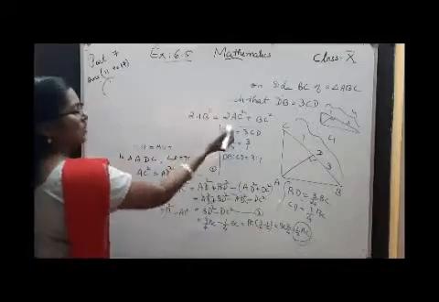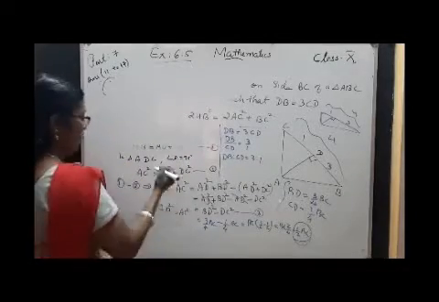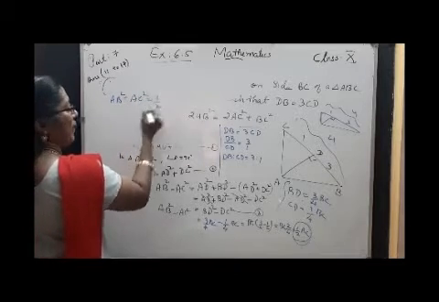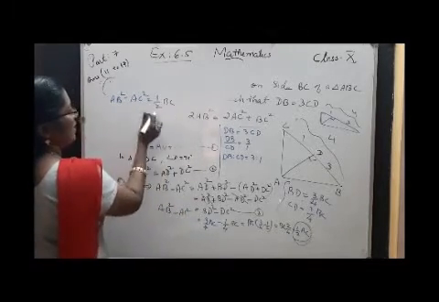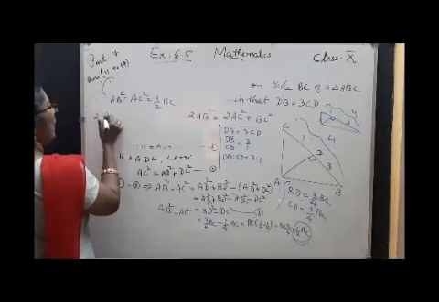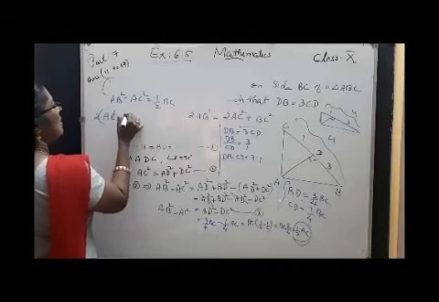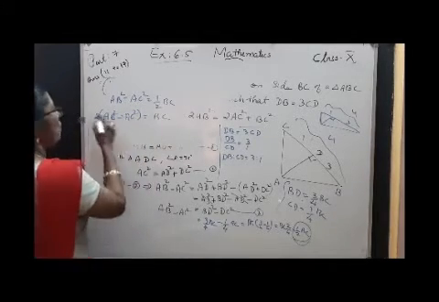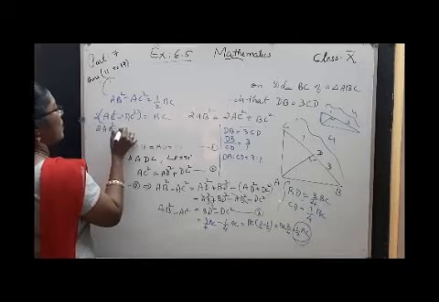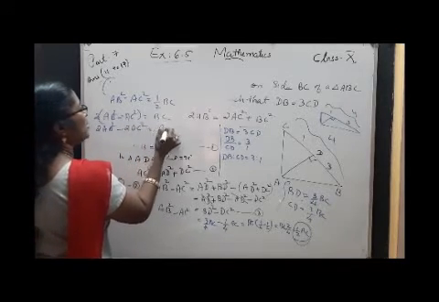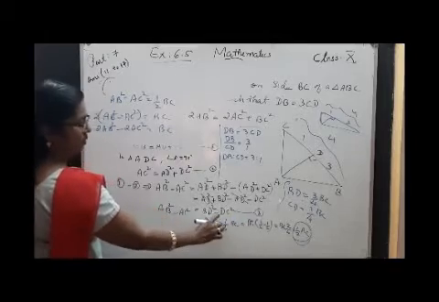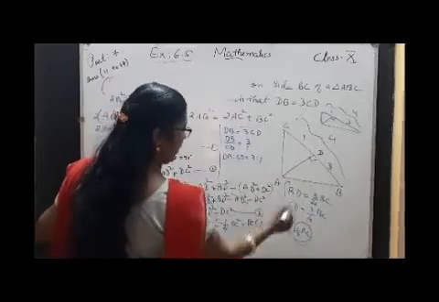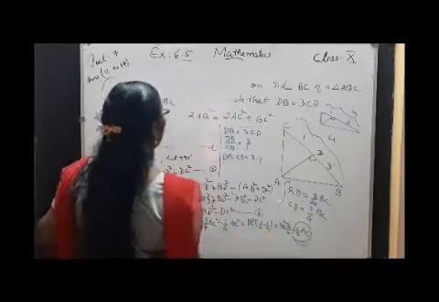You want to prove 2AB square equals 2AC square plus BC square. This is AB square minus AC square equal to 1 by 2 of BC. If you transpose this on the left side, 2 into (AB square minus AC square) equal to BC. Then open this bracket: 2AB square minus 2AC square equal to BC square, right? BC square all square. So write BC square. Okay.